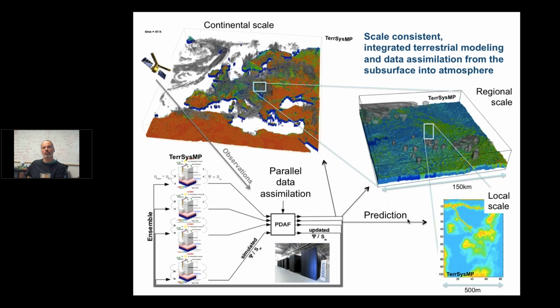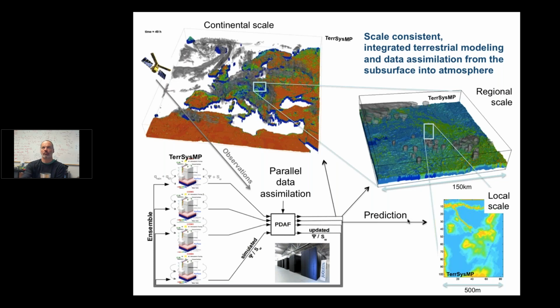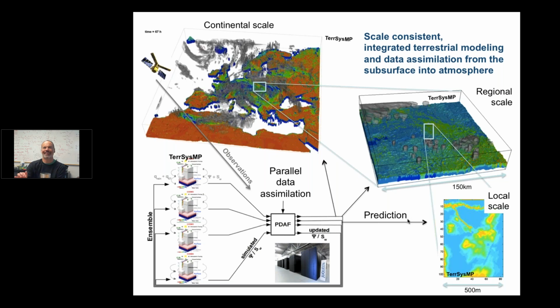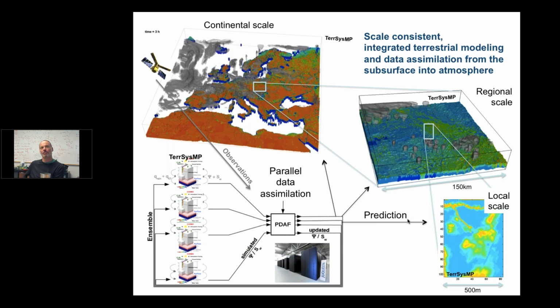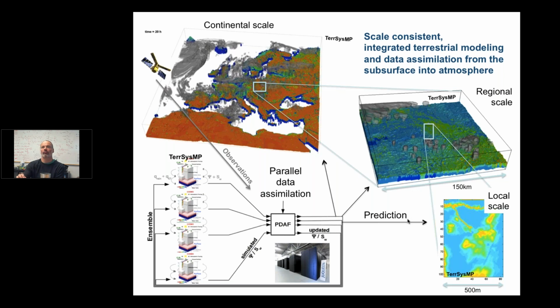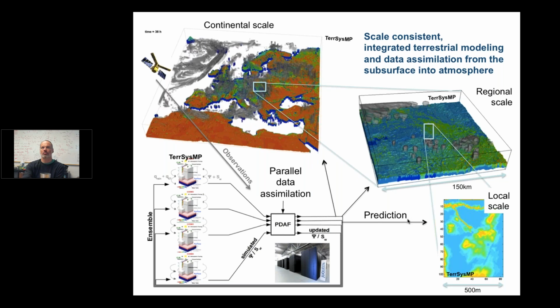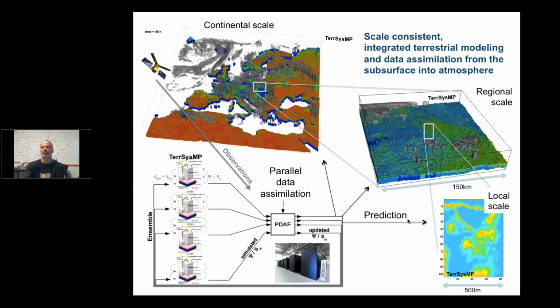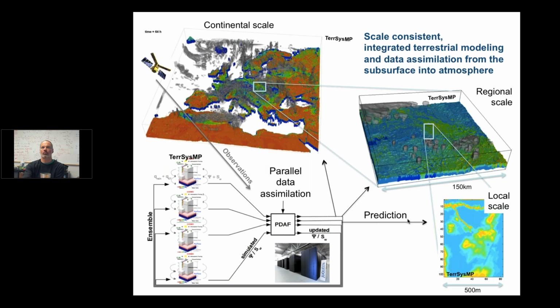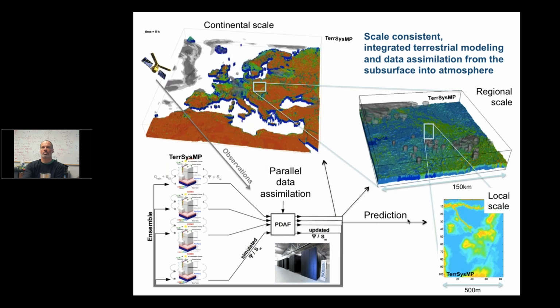Yes. So that's a very good question too. I would say the urban areas are the poor cousins in our model. I mean, we have no detailed urban model in there. There are very detailed urban models, like urban canopy models, also for the exchange with the atmosphere, and we have not yet put effort into improving our representation of urban areas in this particular model. But this is something that really needs to be worked on. And that's a good point. Thanks.